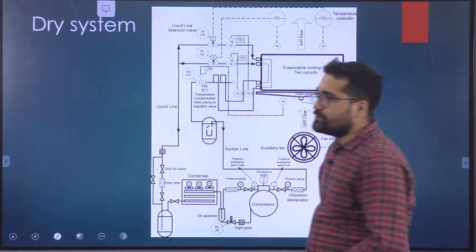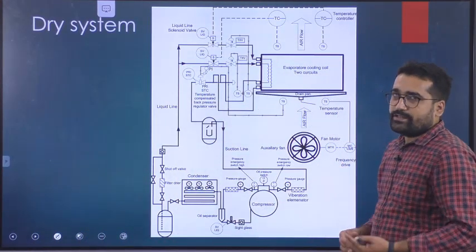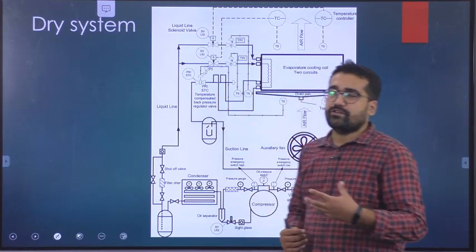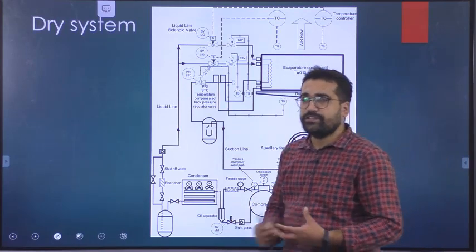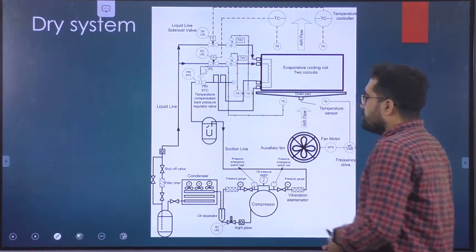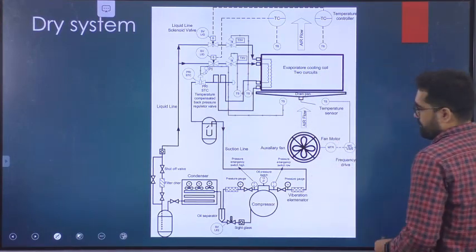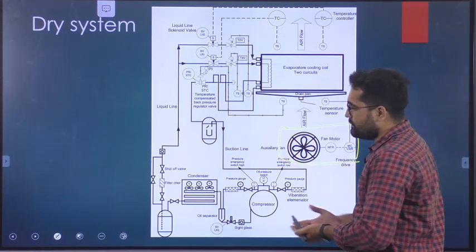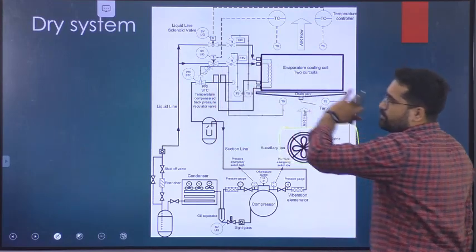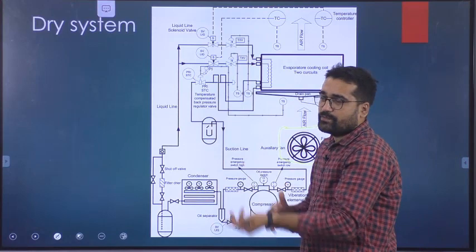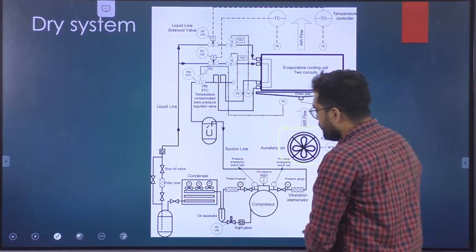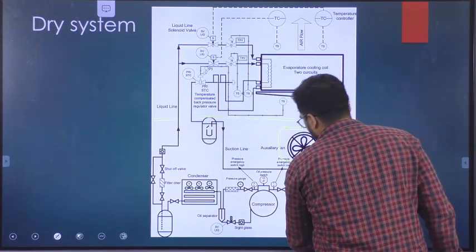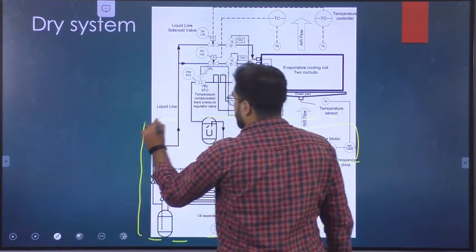In the dry system, we don't use water, but we use refrigerant. So this generally works on the principle of refrigeration, like a fridge or a freezer. In this system, this fan we are using to blow the air inside our cooling chamber, and this is the system behind the cooling chamber. We are talking about the second system with heat transfer between the air and our refrigerant. This is the system for refrigerant till this point.